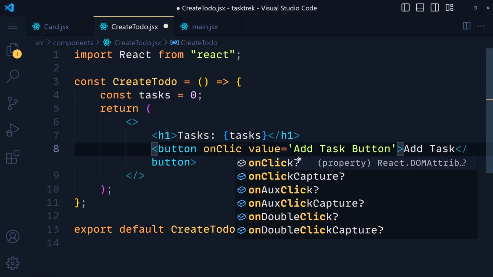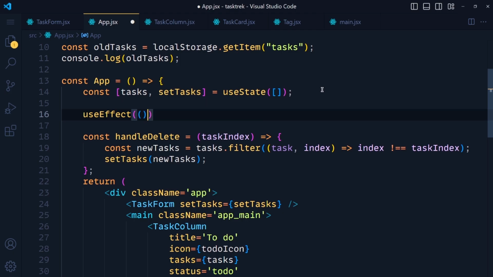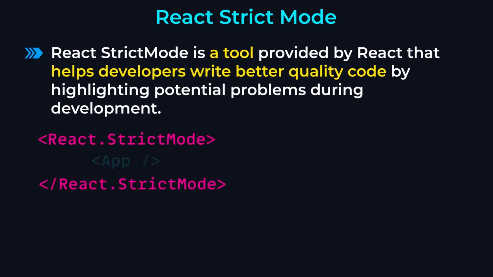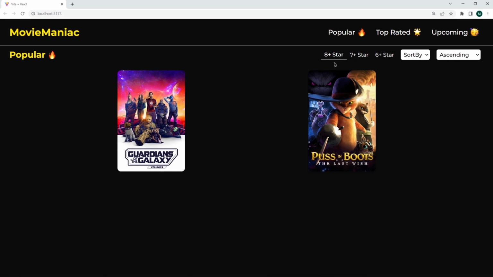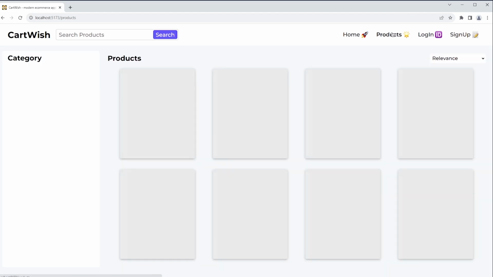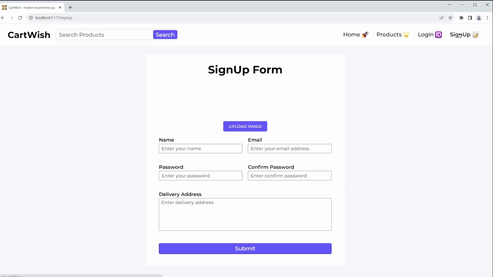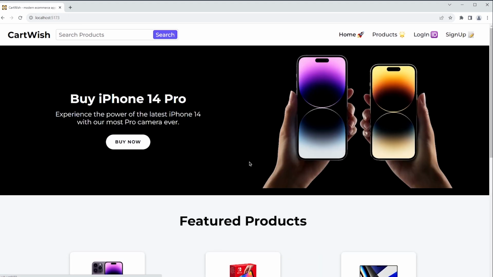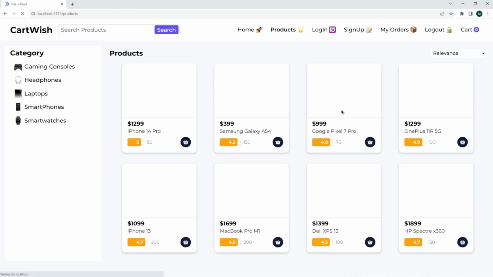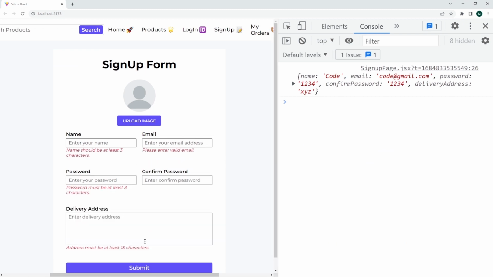adding events, state variables, important hooks, accessing local storage, React strict mode, filtering and sorting data, searching with auto suggestions, routing and navigation using the most popular library, React Router DOM. After that, we will also see calling APIs, handling errors, showing loader functionality, managing and validating the form, pagination, infinite